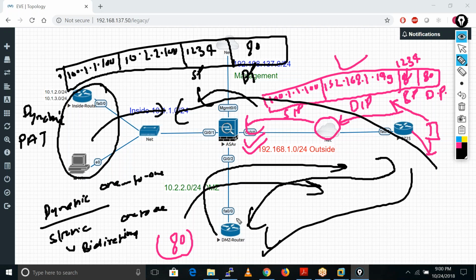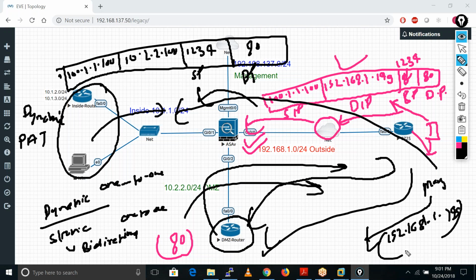And we use static NAT for hosting our internal servers. You also got one more difference, right? In outside, many users can access our web servers on one particular IP address, like one public IP, which is 192.168.1.49, right? Okay, so these are the main differences between static and dynamic. Any other question on that?